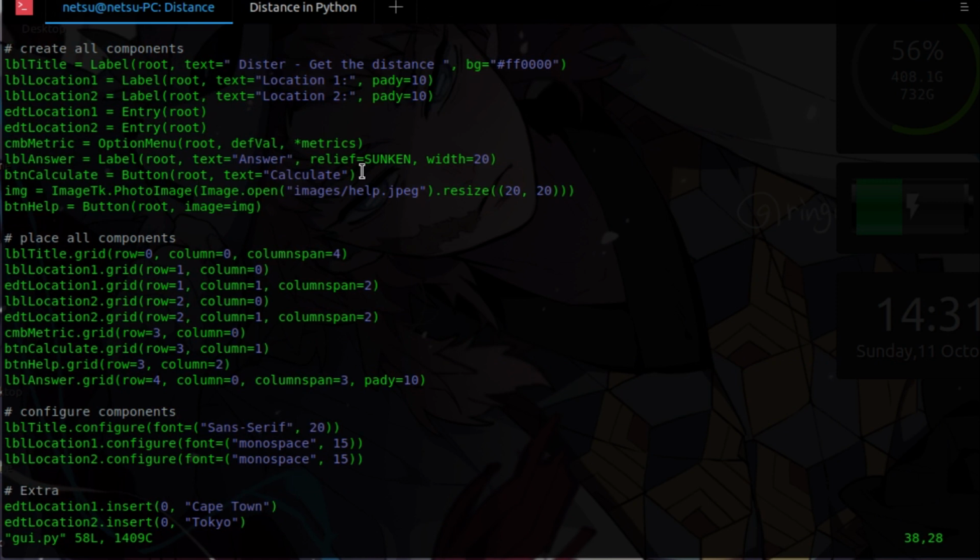Then we want to place the calculate and the measures into their respective places up here. So here's calculate and here's measures. So we can just say I, and we can say right after metric we can say command is equal to set measure,